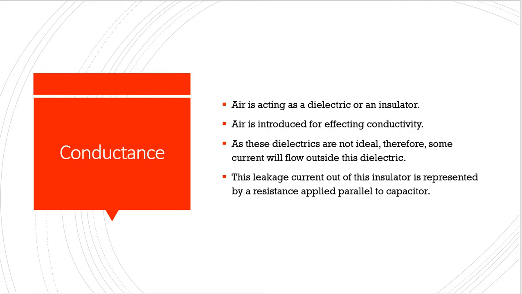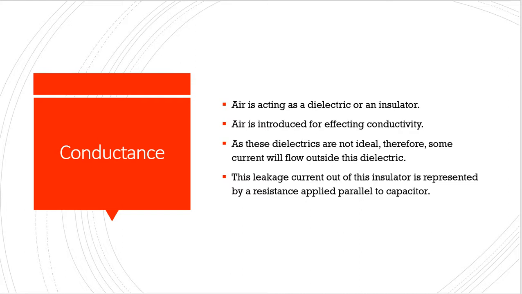Okay, now I will explain what type of insulator or dielectric we have used. We often use air as the dielectric or insulator. Let me tell you the difference between a dielectric and an insulator: a dielectric can be polarized but an insulator cannot be polarized, right? This is the fundamental difference between a dielectric and an insulator, right? Therefore, we have introduced air as an insulator or a dielectric material.